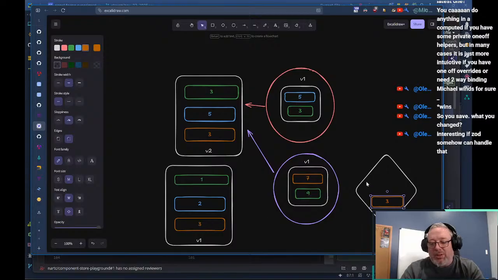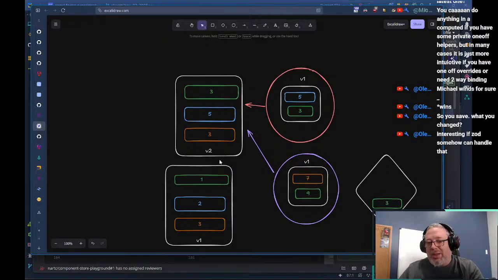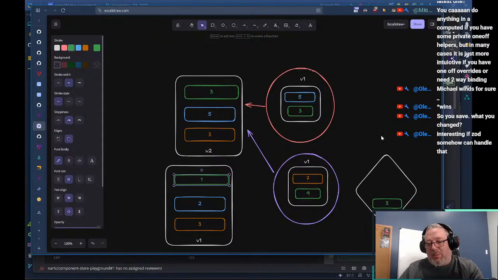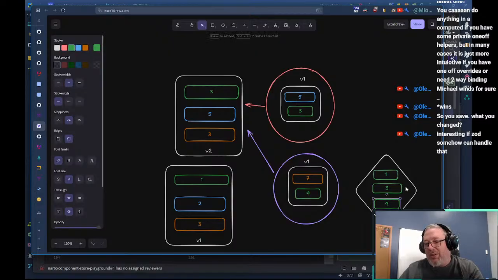Actually, that's the wrong one. It's this one. We would give you some way of knowing that it was originally a 1. Currently, it's a 3. And you're proposing a 9. There would be some way to communicate this to you.